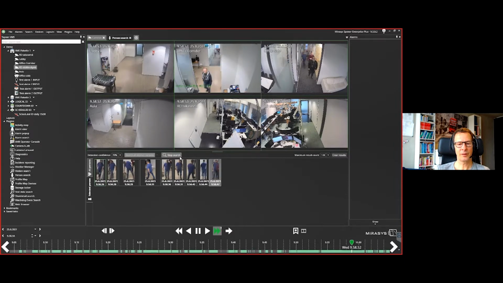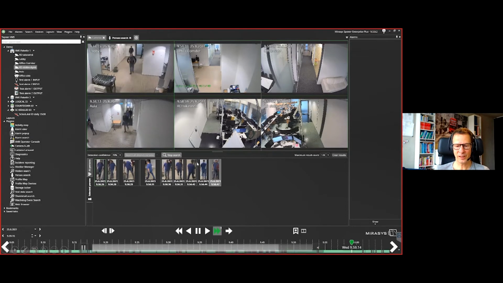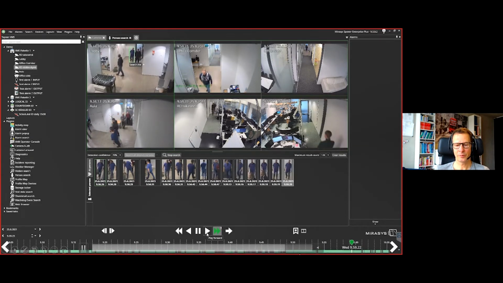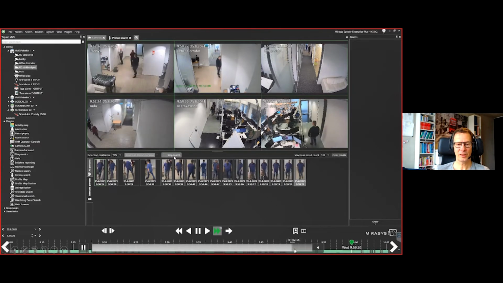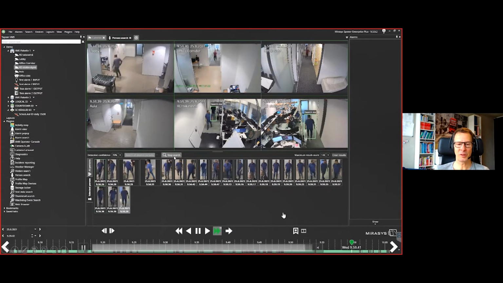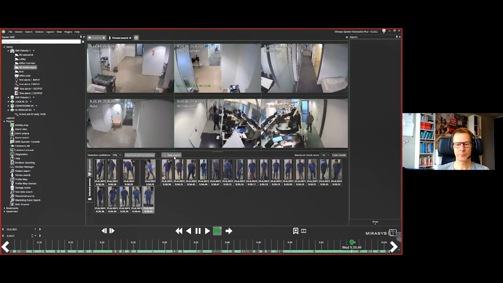So now the system is identifying. You see also here it's 8 times speed. Now we have 16 times speed, so we have increased this and it's still working. So we have a very good GPU here. So if we're happy with the results, then we can go into the details.